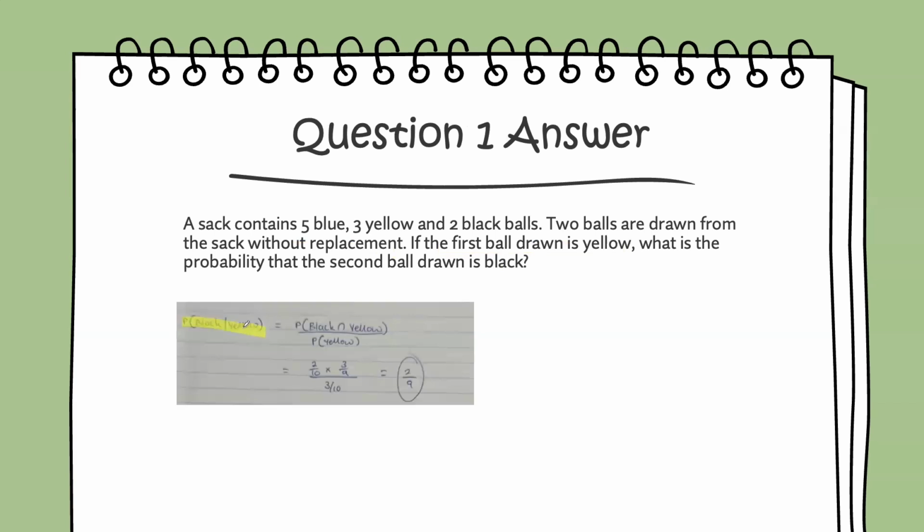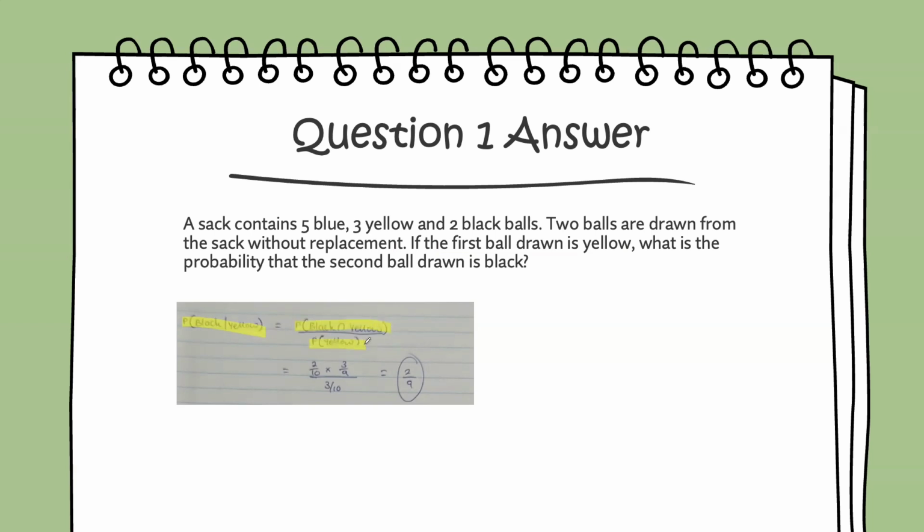So we use this sort of formula. This vertical line here basically denotes the conditional probability. So we're saying, what is the probability of getting a black ball given that the first ball drawn is already yellow? Okay, and how do we solve that? That's equal to the probability of getting a black and a yellow ball